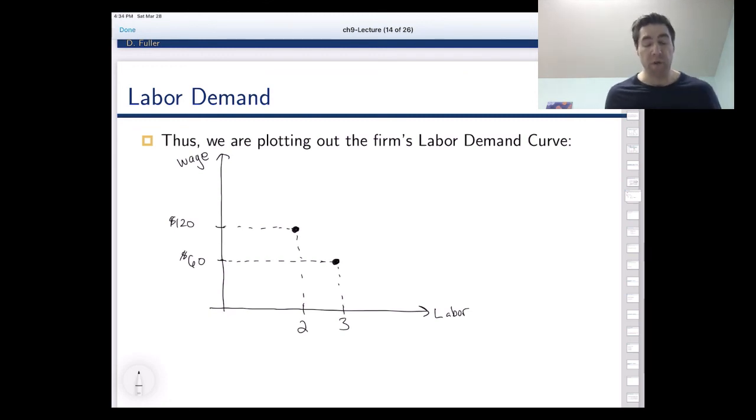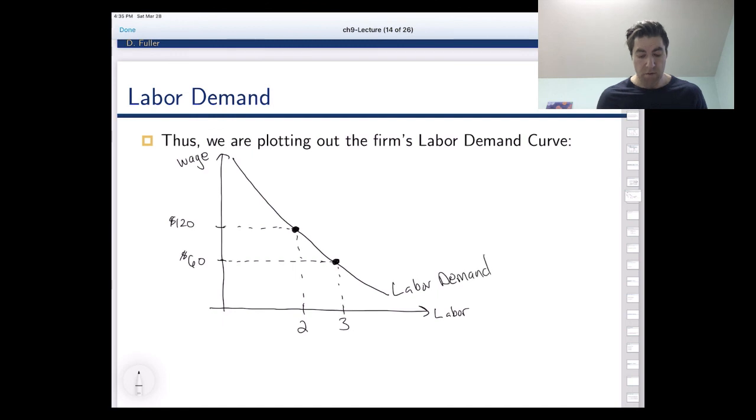And so if we kept doing this, we kept changing the wage rate and plotting out the firm's labor demand, we would get a pretty standard looking demand curve. It's downward sloping, and this is labor demand. The higher the wage, the lower the quantity of labor demanded. The lower the wage, the higher the quantity of labor demanded. And so now our goal will be to figure out how that labor demand curve shifts around in response to events such as a pandemic or something of that